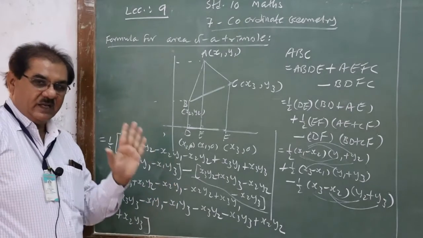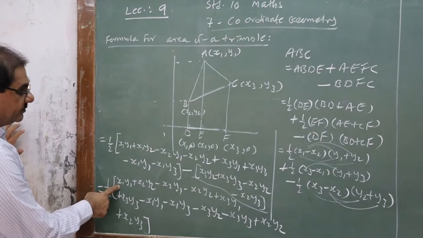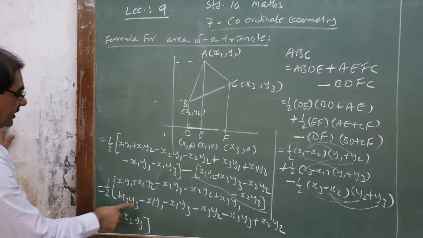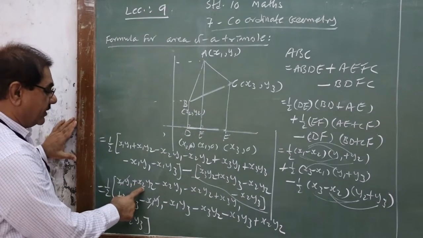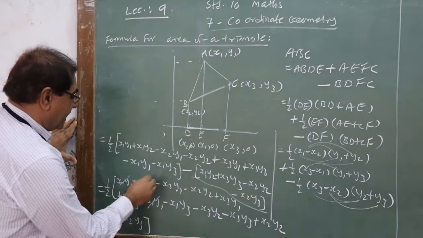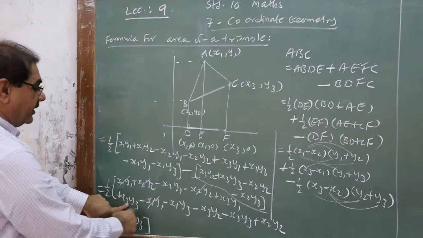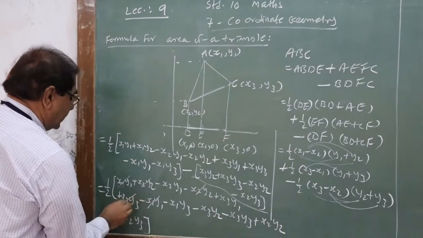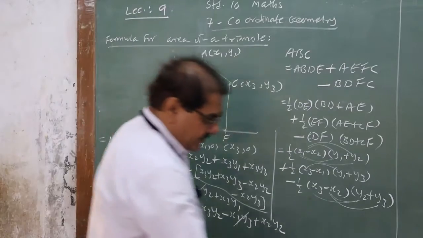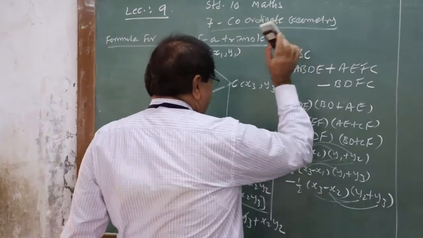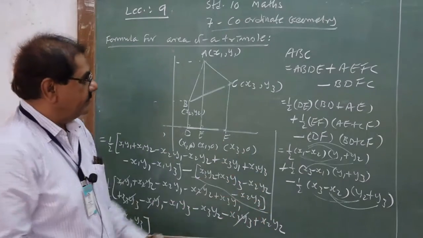whether certain terms are like terms with opposite signs, so we can cancel them. x1 y1 is positive, x1 y1 negative, gone. x2 y2 positive, x2 y2 negative, they are gone. Now x3 y3 positive and x3 y3 negative, they are gone. Okay, so now I will write the leftover here. If you wish, you can take a screenshot of this because I am going to rub it out.